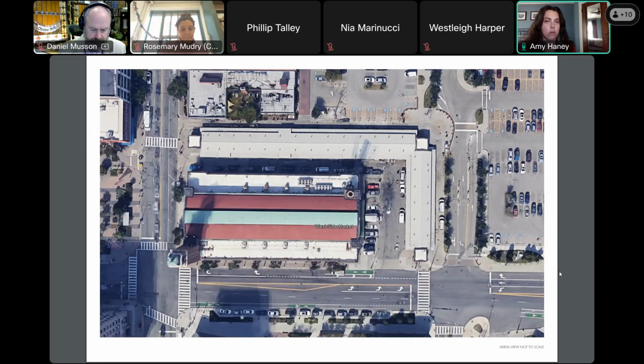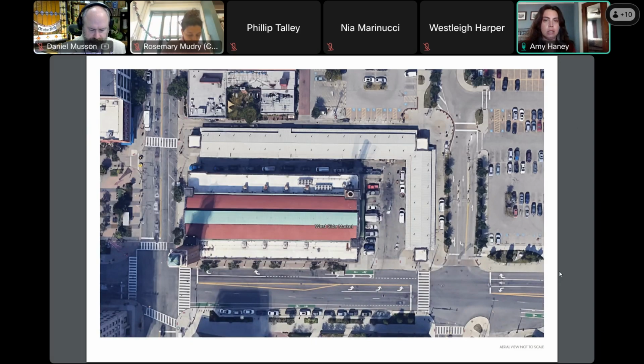There's just an overall view to orient yourselves. We'll be talking about the market hall, the arcades, and then just to the north of the north arcade in this photo, there is a parking lot that serves the market hall. It is a city-owned lot that the market is leasing currently or will be leasing, but it is considered the parking lot that feeds the West Side Market.